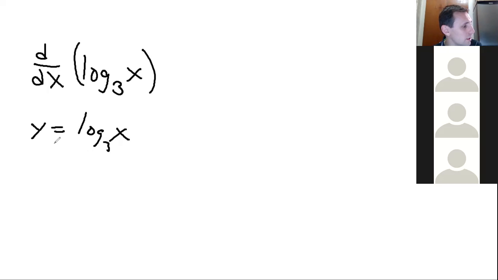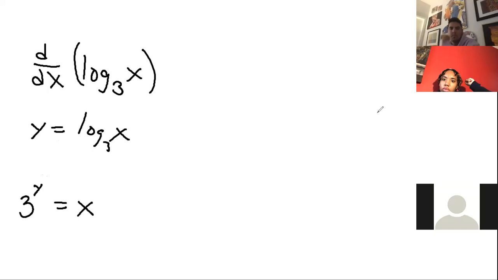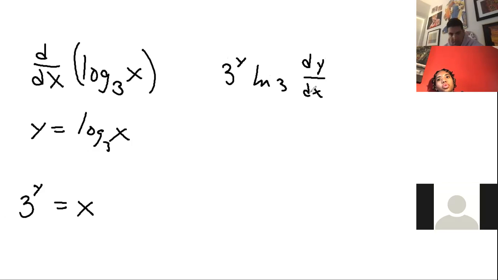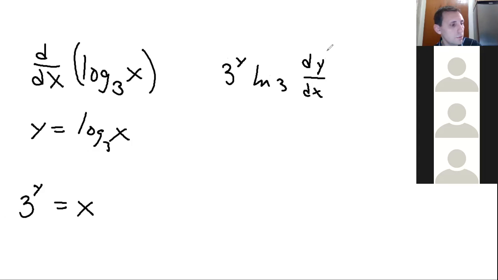Look at it. If I take 3 to the power of log base 3 of x, I will get x. So that means that 3 to the power of y equals x. Are you with me? 3 to the power of y equals x. Now I can use implicit differentiation. So the derivative would be 3 to the y, ln 3, that's the derivative of 3 to something, times dy/dx,